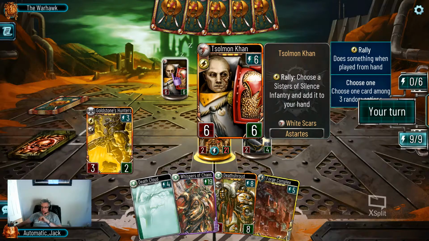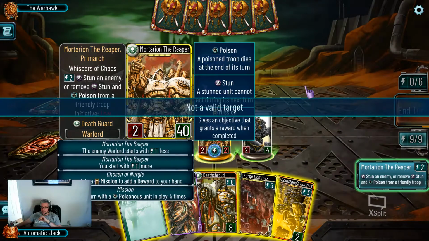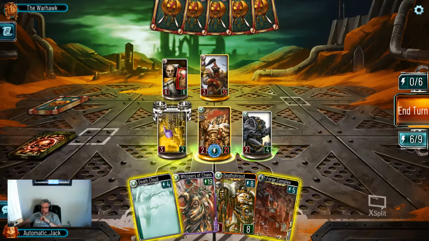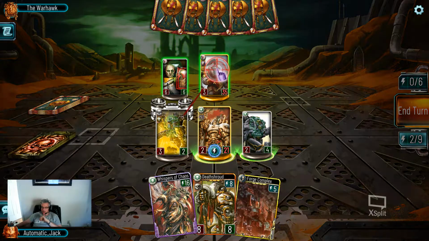Now we have Solomon Khan here with his ability to choose Sisters of Silence. Not fantastic, but it's not terrible, I suppose. If there's an obvious play here, I'm missing it. Don't have enough reach with Goldstones to take off Solomon Khan. Poisoning our own boy for 4 energy and getting Forge Complex is only so-so. I guess we can...